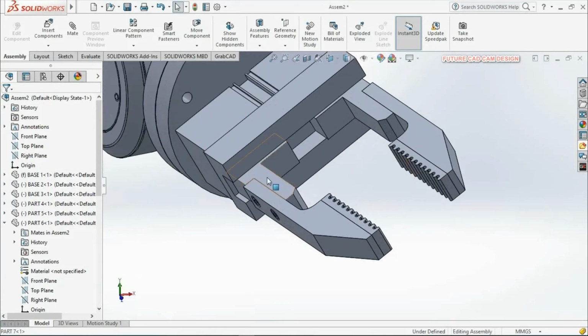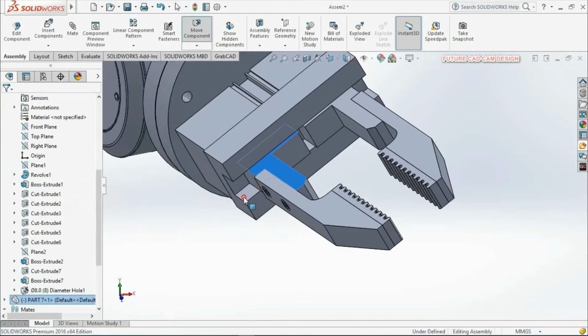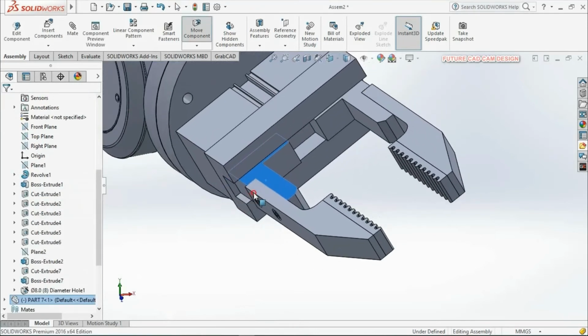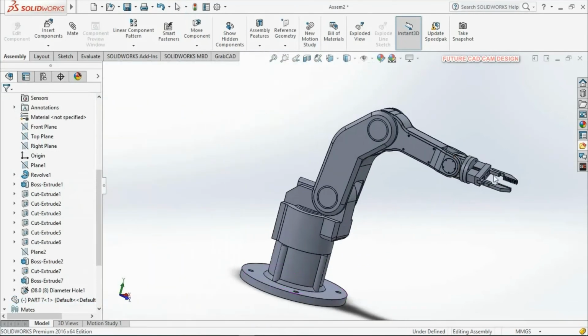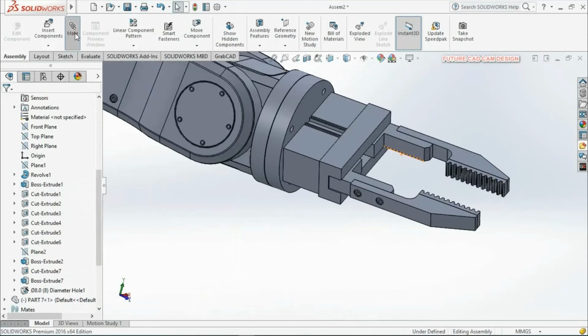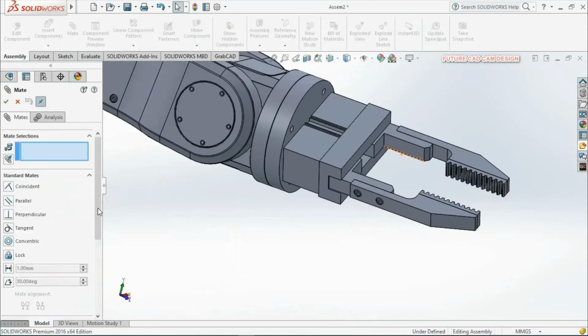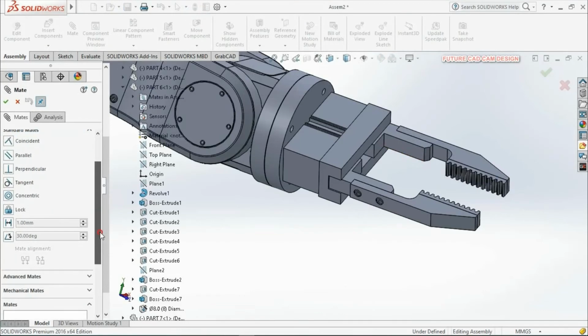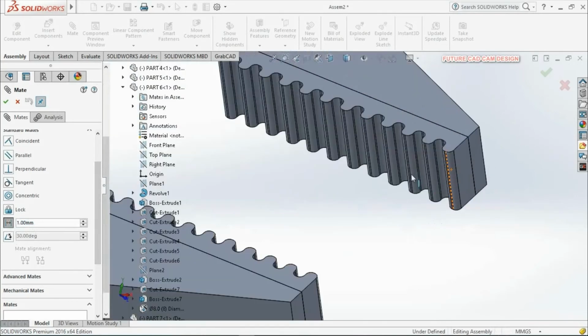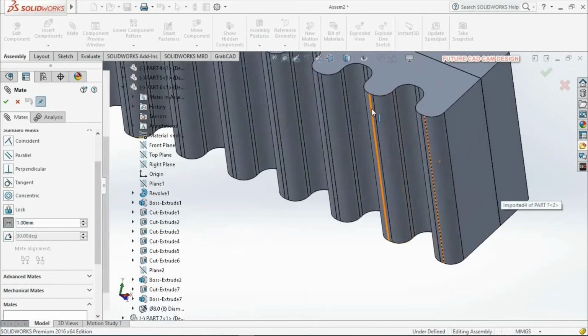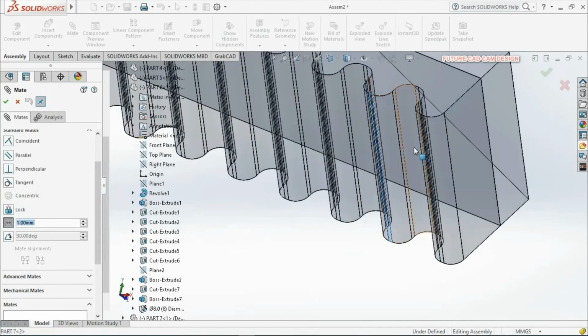Finally we are going to give the distance between these two grippers, because it is moving automatically without any dimensions. So we need to give the distance constraint. In the select mate option, here you can see this distance option. Click on distance. I am going to click two edges of the grippers.